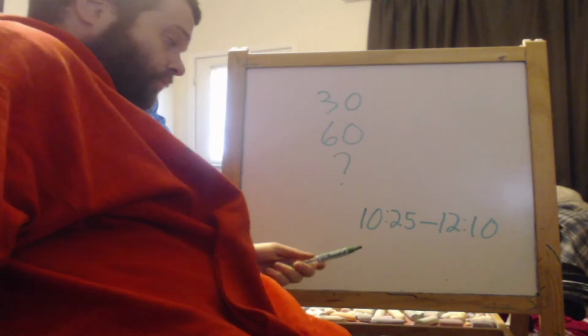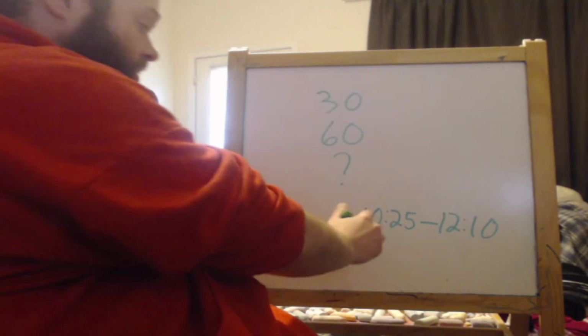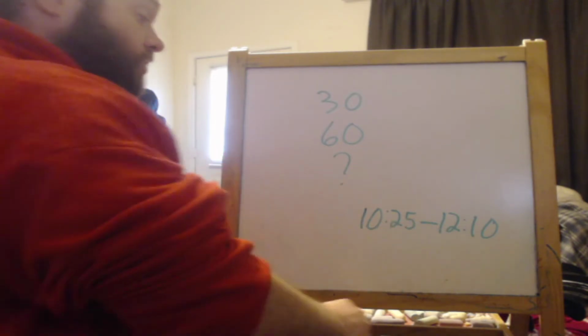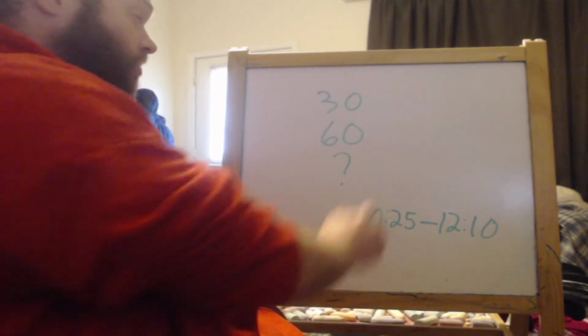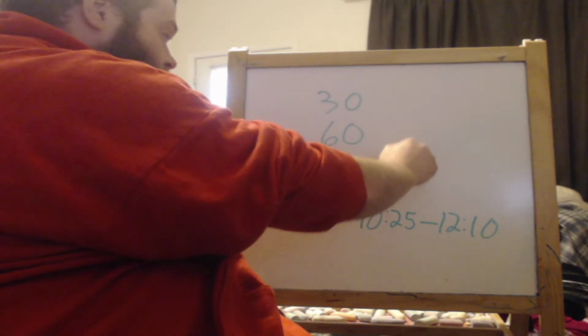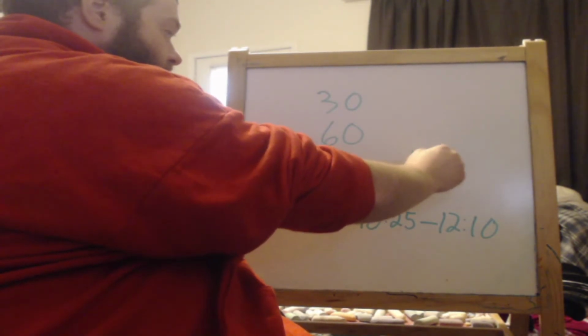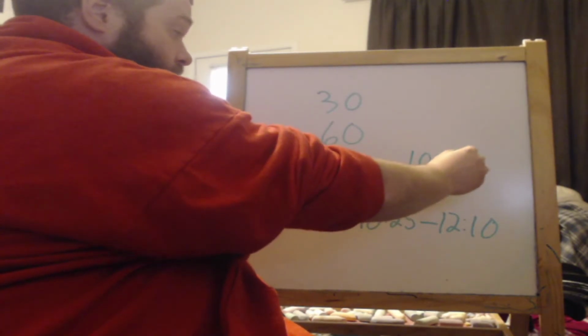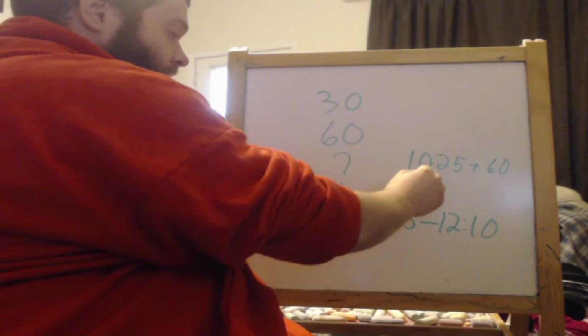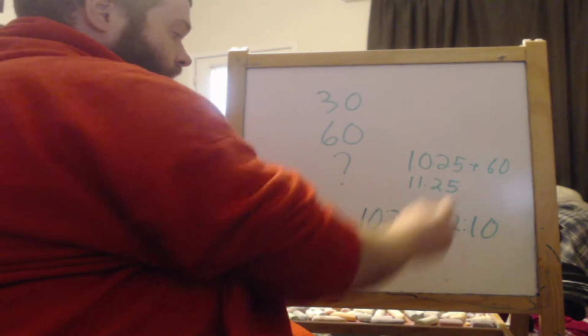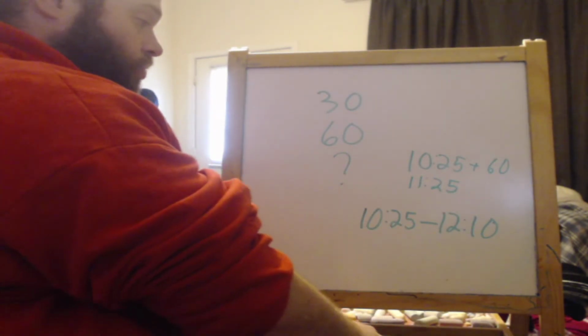So what I can do is think about how much time there is between 10:25 and 12:10. We know that there are 60 minutes in an hour. So 10:25 plus 60 minutes would just be 11:25. And then to get to 12:10,